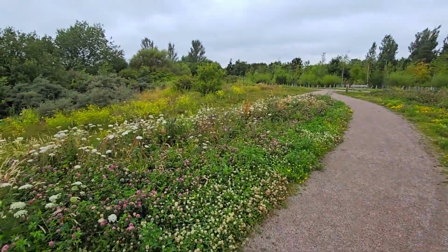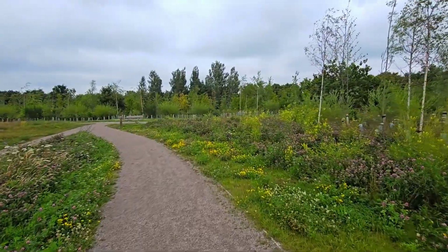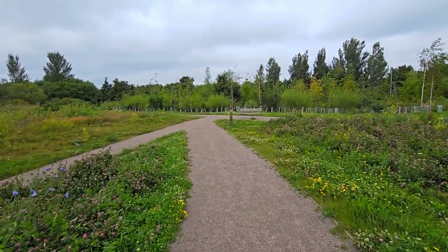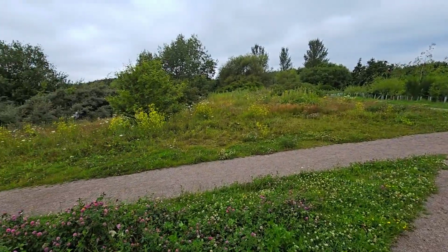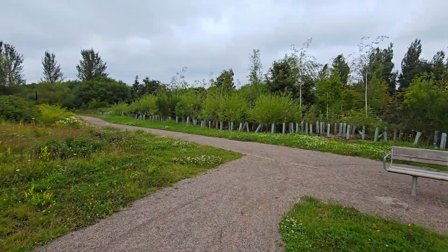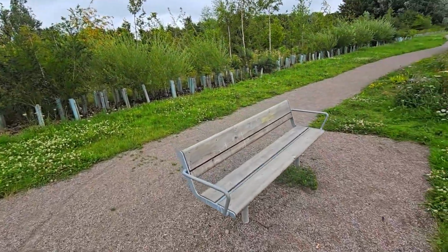Benches still in pretty good condition. I think I did say last time that they were prone to getting vandalised and damaged because there's no security here overnight. And I've seen some recent pictures of next door from the Friends of the Garden Festivals who maintain that place, and it's getting vandalised, like people burning things and ripping things up. So yeah, just a